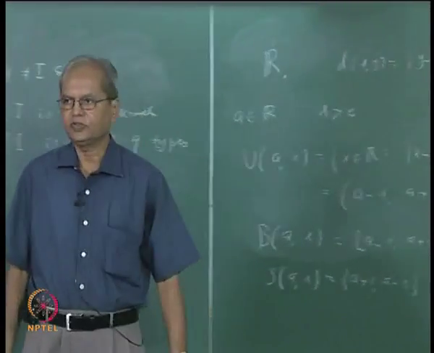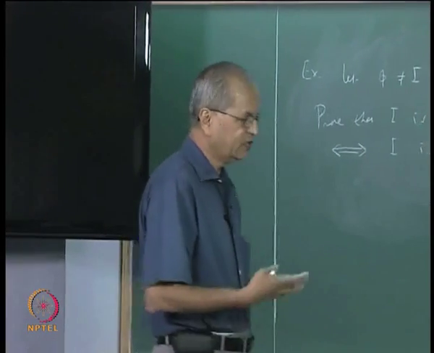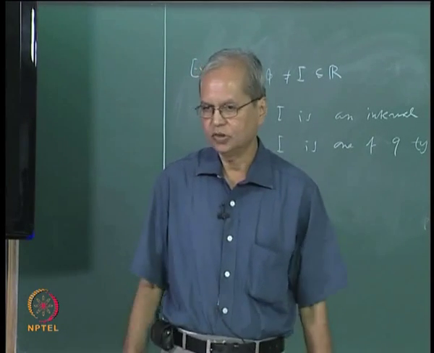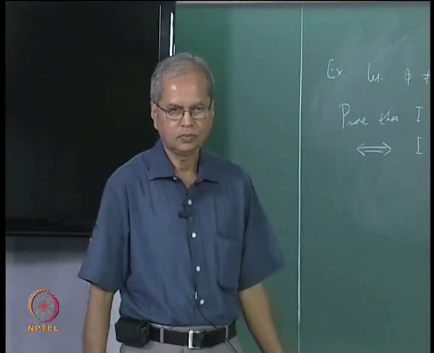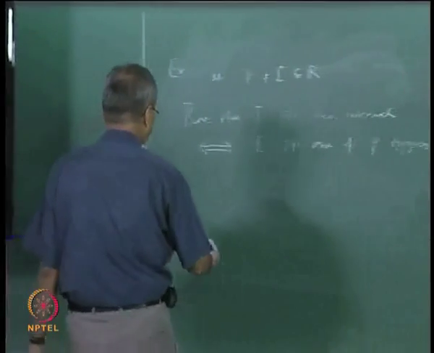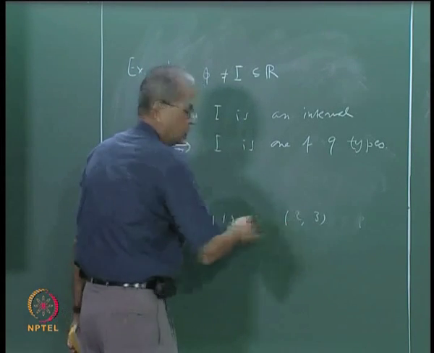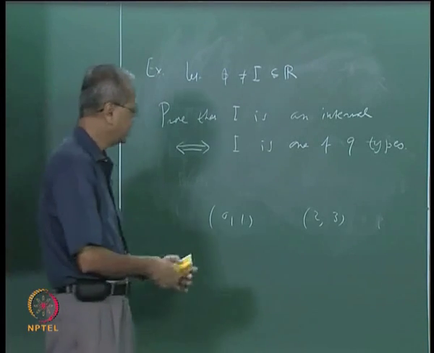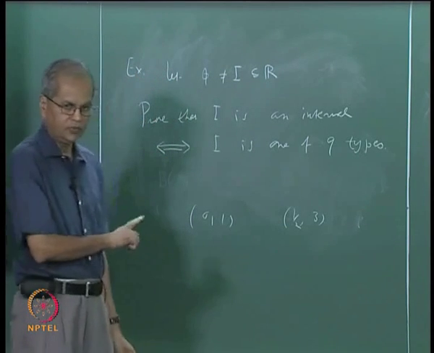Next question that we would like to know is, suppose you are given 2 intervals and you consider their union. Will that be an interval? In general no. For example, you take the interval 0 to 1 and then the interval 2 to 3, and their union will not be an interval. But instead of 2 to 3, suppose I take half to 3, then that will be an interval.